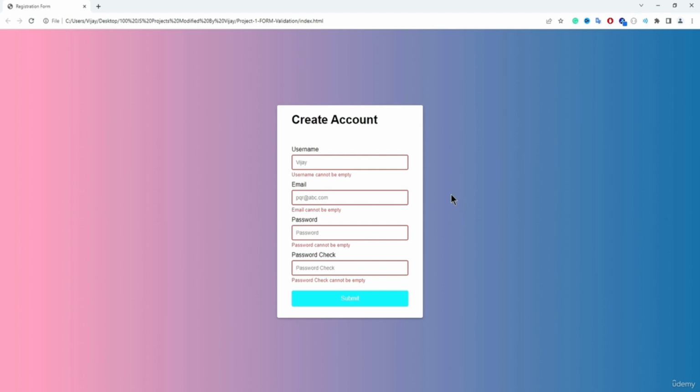So we will learn how to create this entire project in this module, and this is just a basic version of the form. I have not added complex validations to this project because I have not connected it to the backend. Okay, so in the next part, we are going to start with the HTML part of the